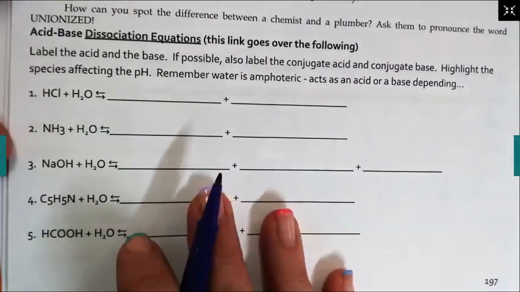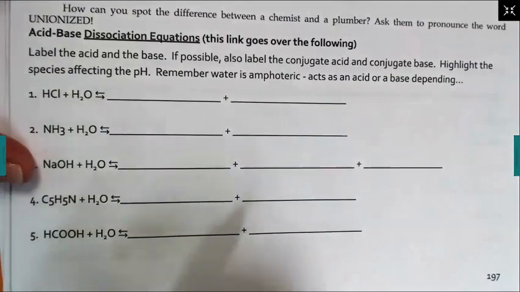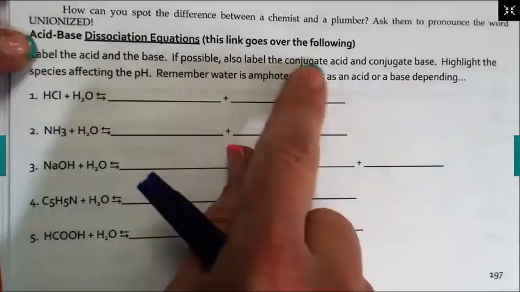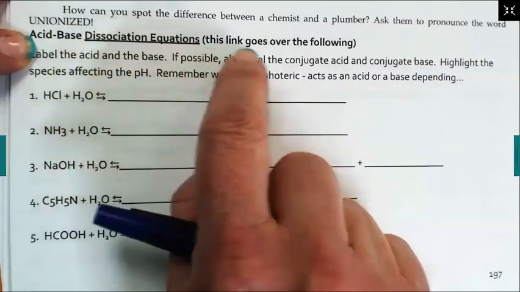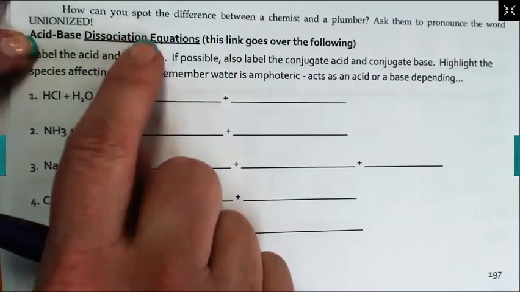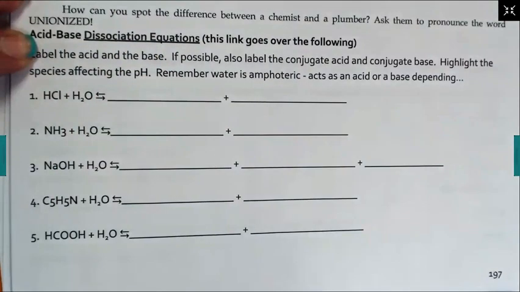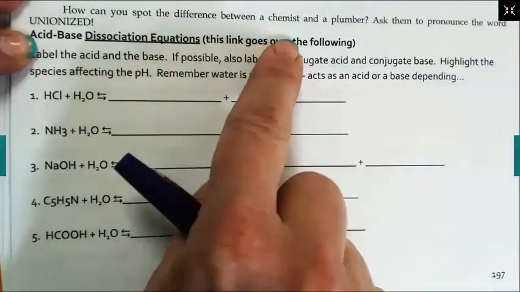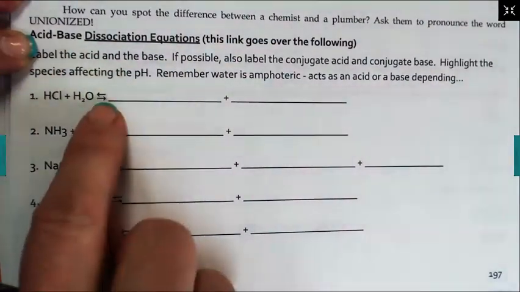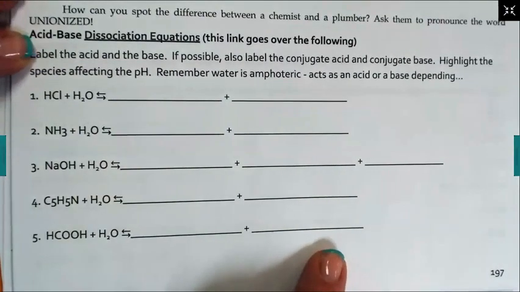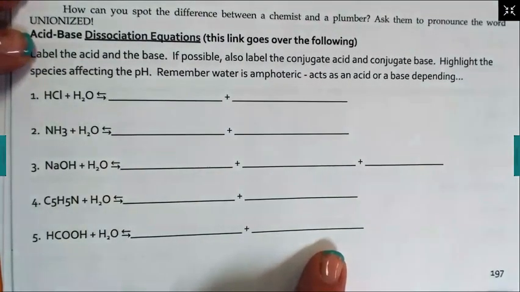So, okay. As things get more complicated, it says this link goes over the following. Do you know how to get to your active links in your workbook? Yeah. Go back to day one, the PDF, right? Scroll down, click it. And when you see that for all the harder problems, it's literally going over every one of them. But try them on your own first. Try them on your own first.